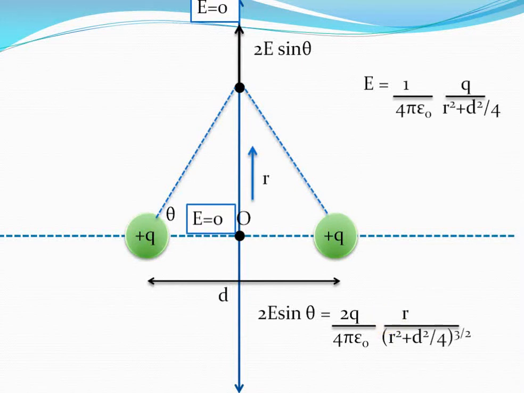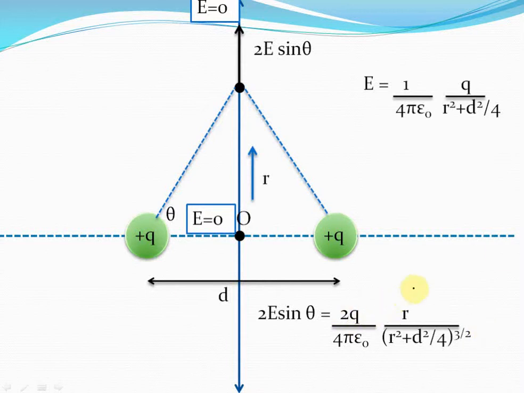Now there's a fascinating fact that you can associate with this electric field. You see, when there are these two positive charges and when the electric field is this expression that you see on your screen, this electric field is actually zero at the origin and at infinity. Can you make that out? After all, when you put r equal to 0 in this expression, 2E sin theta, clearly 2E sin theta is 0. Similarly, when you put r equal to infinity in this expression, again this expression is 0.